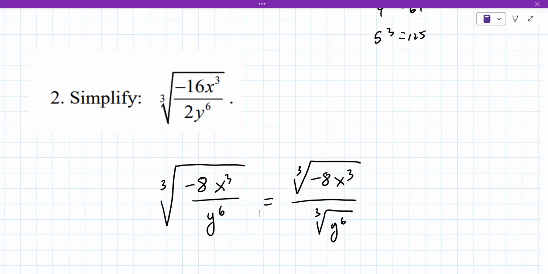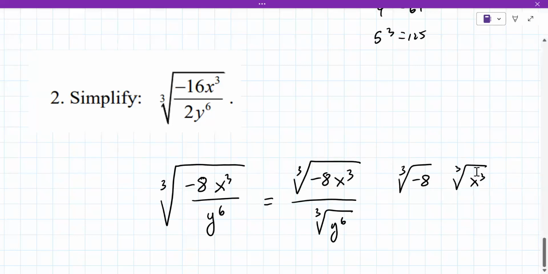Any questions for me, or do you want to check your answer? I got -2x cube root -2x over cube root y to the 6th. Okay, remember, you would just break these apart like the previous one. So you take the cube root of -8, the cube root of x cubed, and